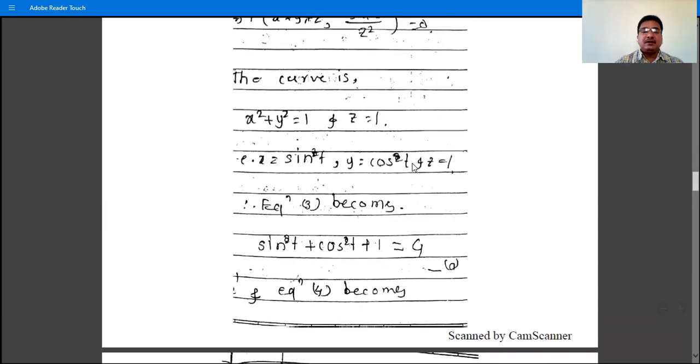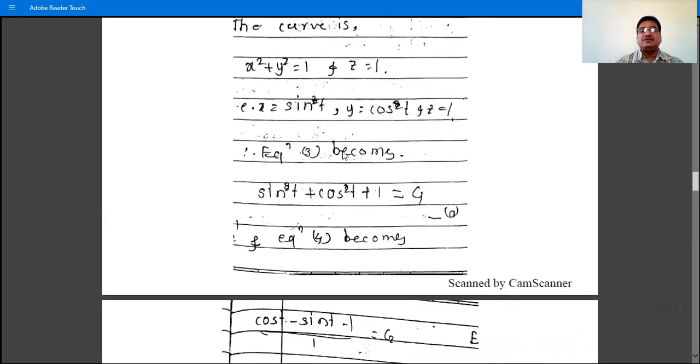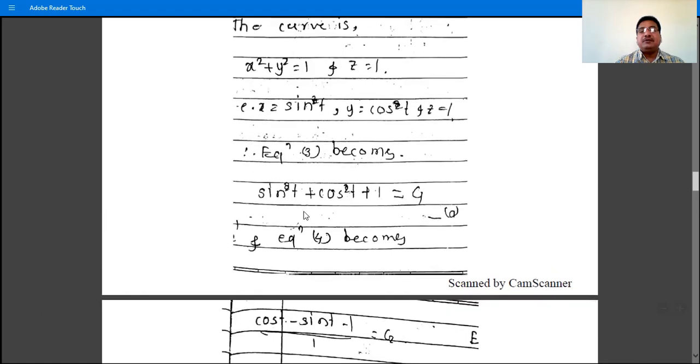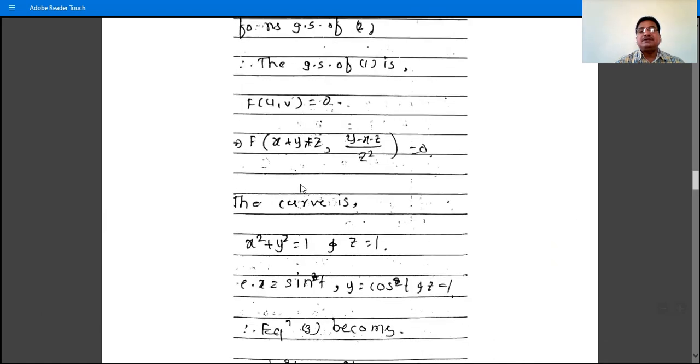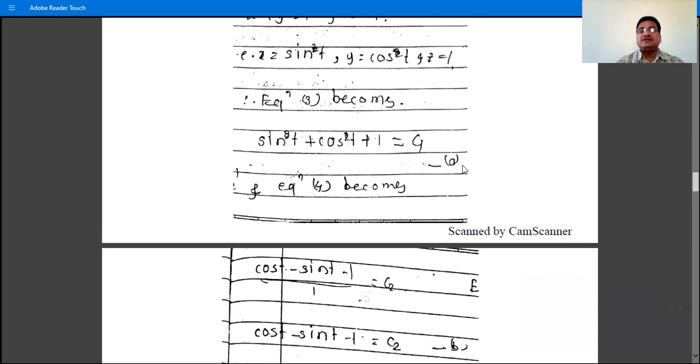Now we have to find the relation between two constants c1 and c2, which is free from x, y, z. We have to find the relation between c1 and c2 which is free from x, y, z. So from equation 3 what we have? Equation 3 is x plus y plus z is equal to c1. So we have sin t plus cos t plus 1 is equal to c1 as the equation number, suppose a,